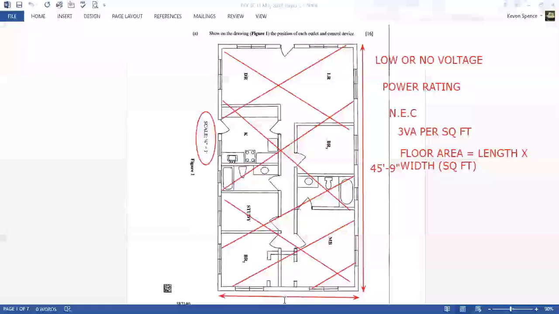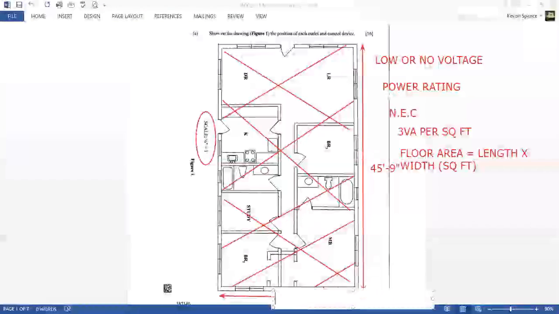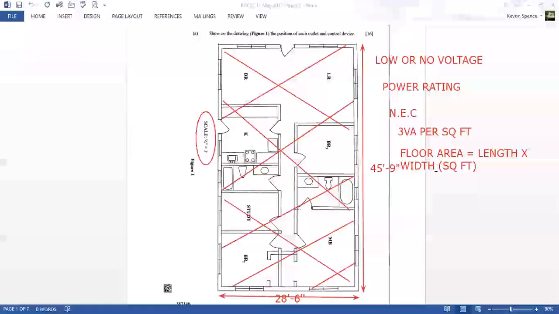All right, let's say we got 45 feet, 9 inches. And then down here, when we measured it, we got 28 feet, 6 inches. All right. We now need to calculate the floor area. So we'll say now FA is equal to length times